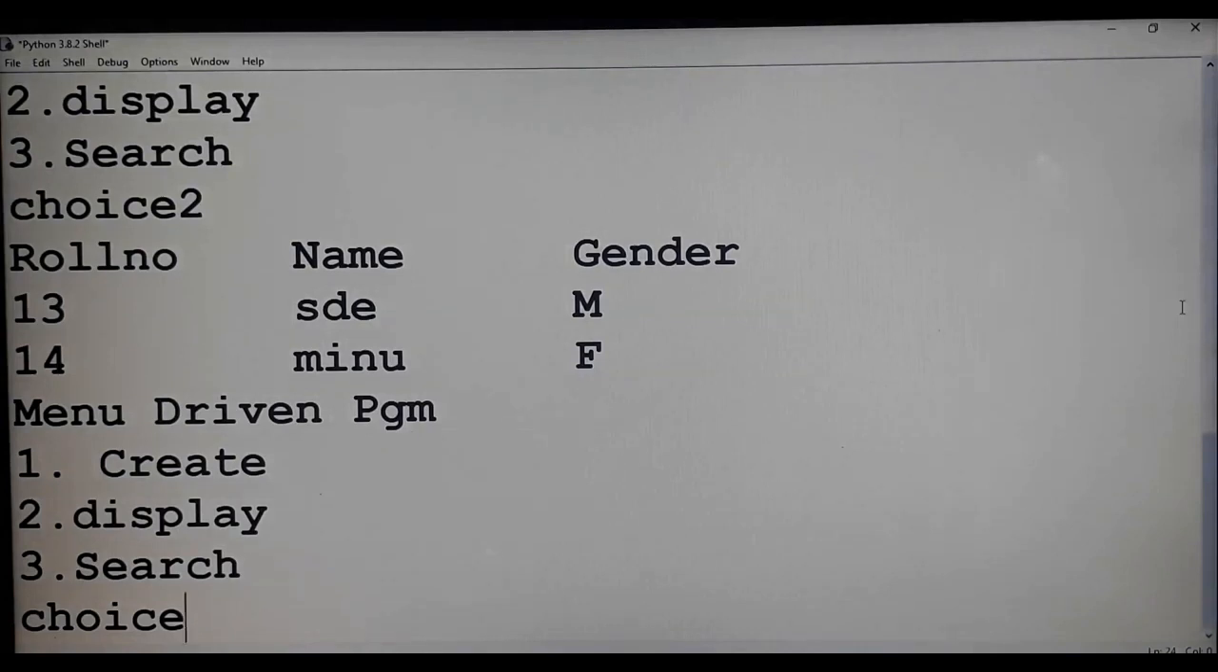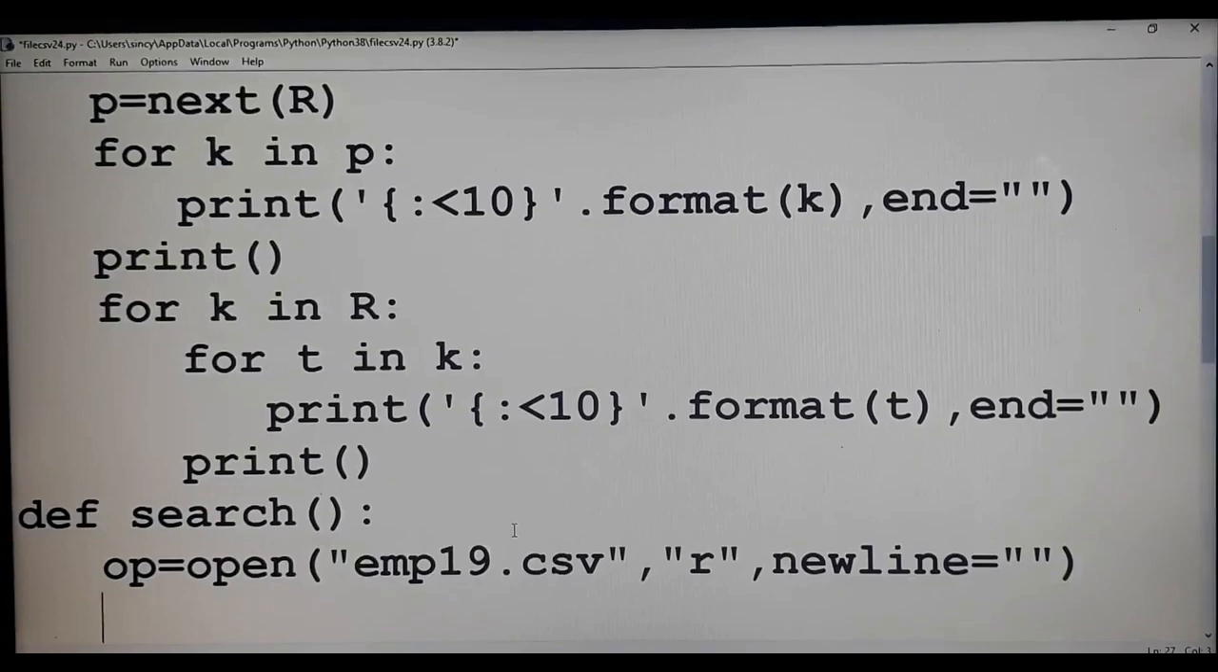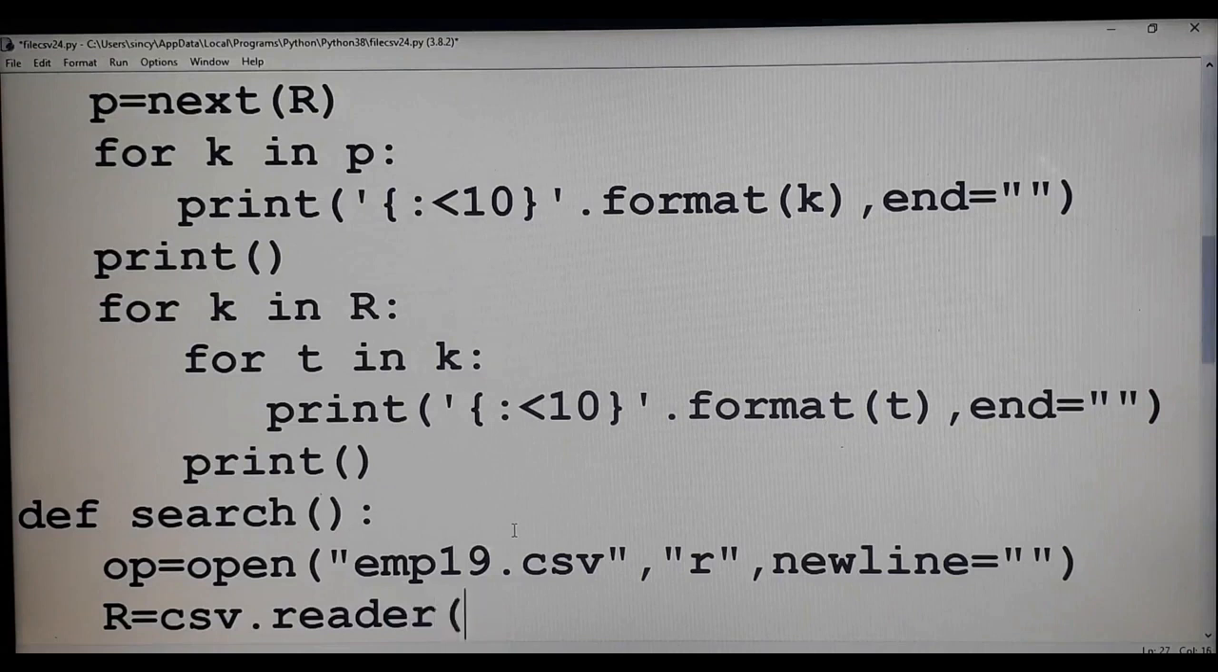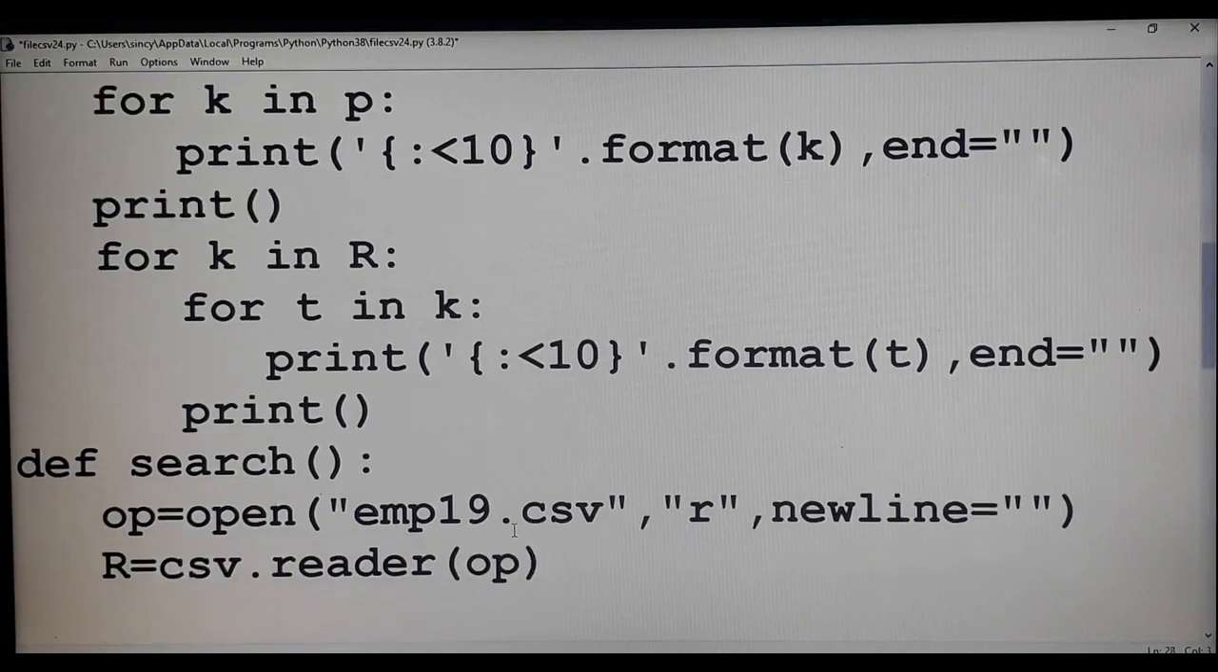Now the third choice is search. I am going to define the search function here. File is opened in R mode. It is already created. It is opened in R mode. Now using the reader object, csv.reader, object name is OP. Now our object consists of your entire content of the CSV file with the heading,